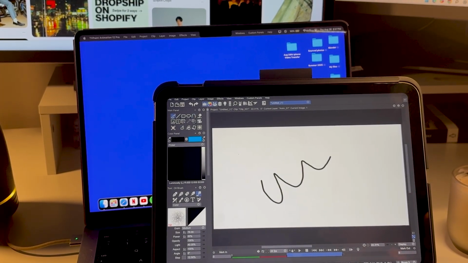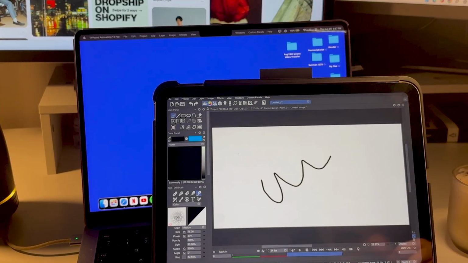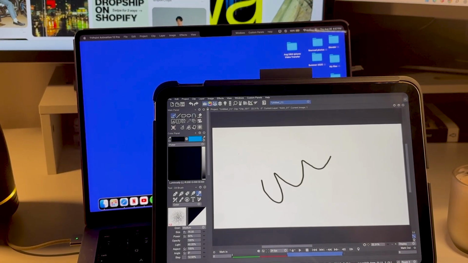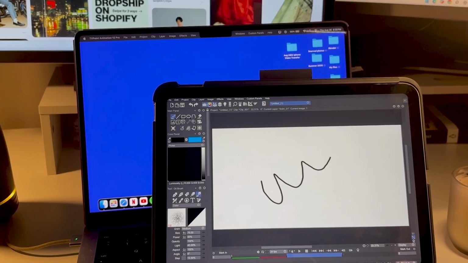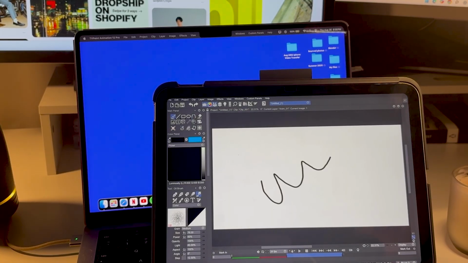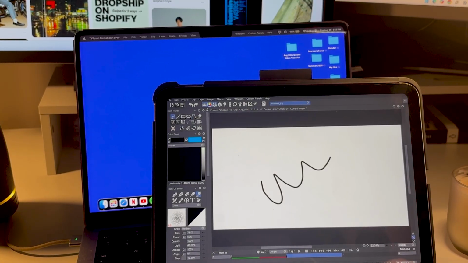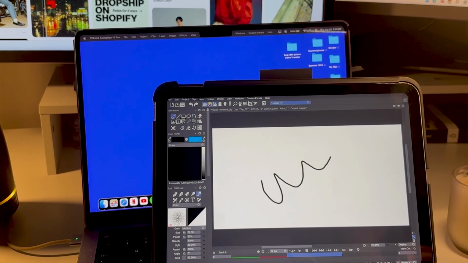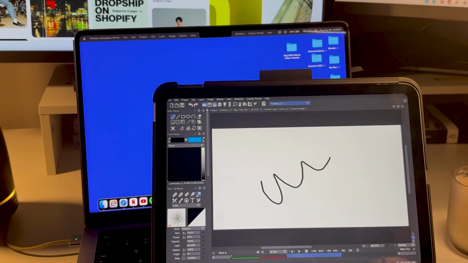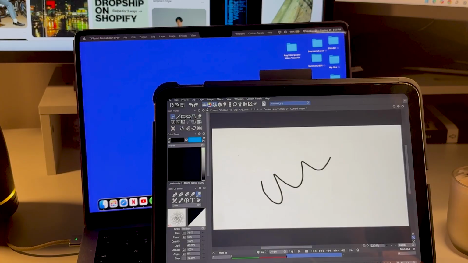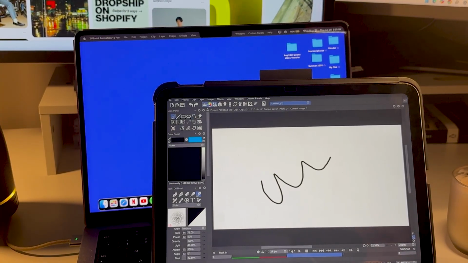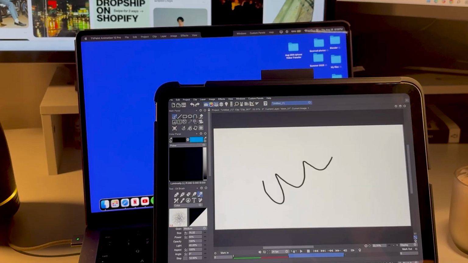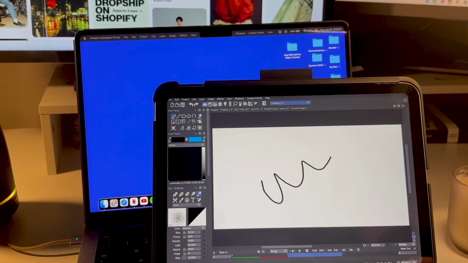But this situation of having it on my iPad works really well for me. The only thing when it comes to the pen, the Apple Pen versus the Wacom pen, is that the Wacom pen has a way better range when it comes to pressure sensitivity, versus the Apple Pen, which doesn't. It's not built for that, and it's also not built for TVPaint. I don't think TVPaint is supposed to be used like this. That being said,